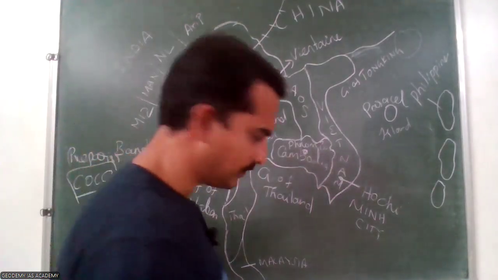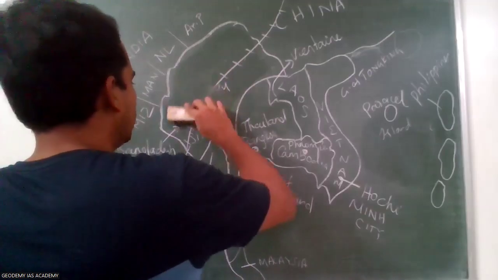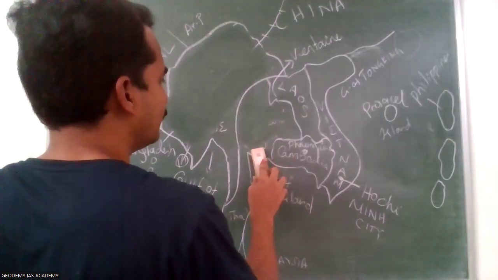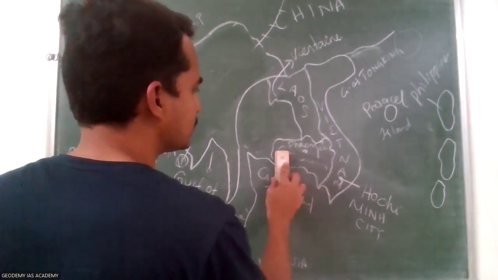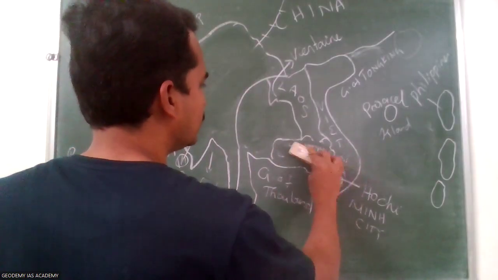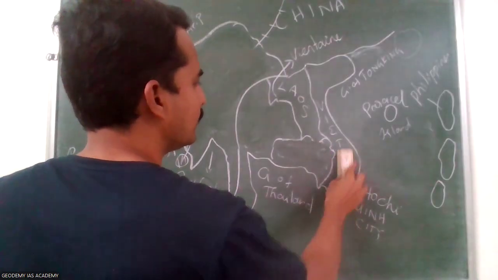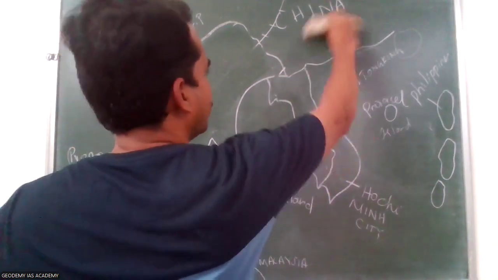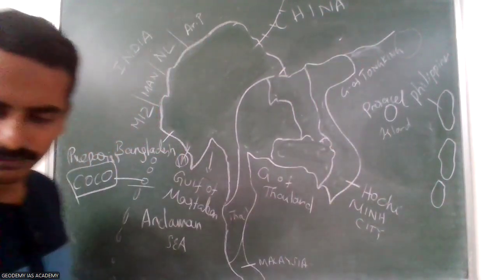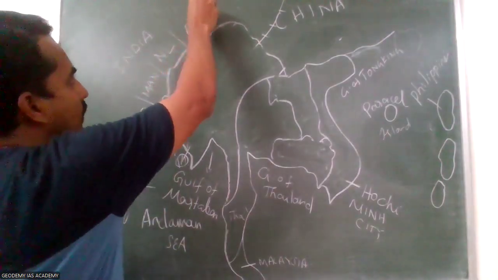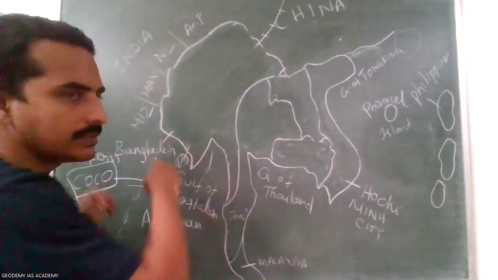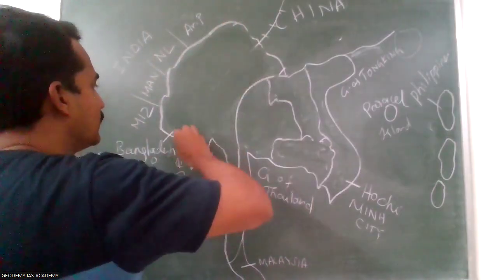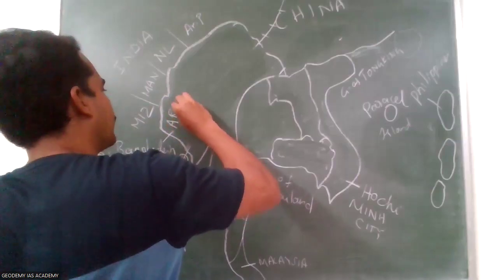Some important physical features in this region here are almost all these countries are plateau and mountain regions. Okay. And the Himalaya extends into this region. Okay. So the Himalayan part extends here. Here we know the Arunachal Pradesh, Nagaland hills, Manipur hills, Mizoram hills. So those are the extension of Himalaya. Similarly, other one extension is here, the Arakan-Yoma mountain.